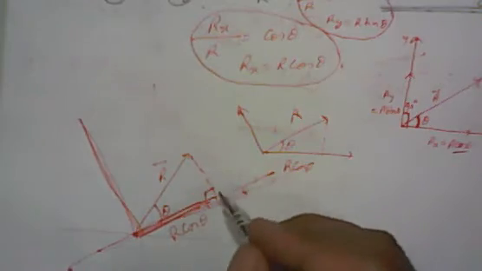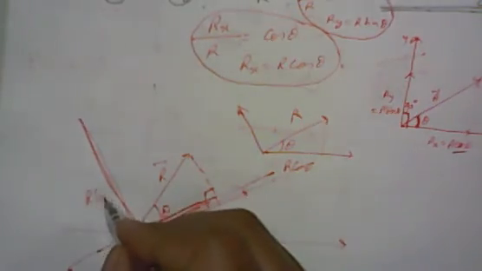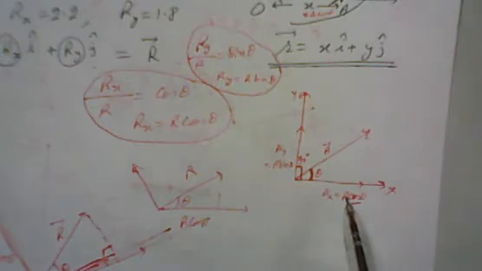So if this is r cos theta, then this direction, which is perpendicular to r cos theta, will have r sin theta. So I think it is clear. If you always have x direction and y direction at 90 degrees, only in that case you have a cos theta and a sin theta. But a cos theta you can always get, while a sin theta will be a problem if you don't have the y direction.